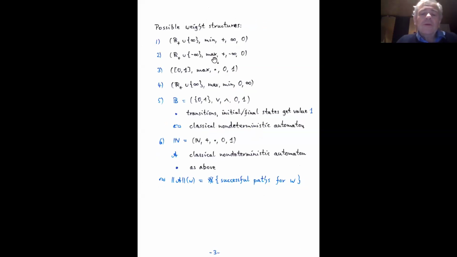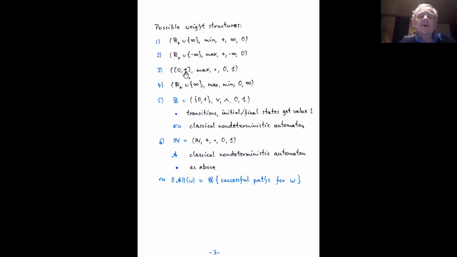And for maximum, we can compute with maximum, then we take the maximal cost. Yeah, this would give the maximal cost for executing a word, and if that is okay, well, then we are fine. The weights might also be in the interval [0, 1] and mean probabilities that the transition is successful, so the